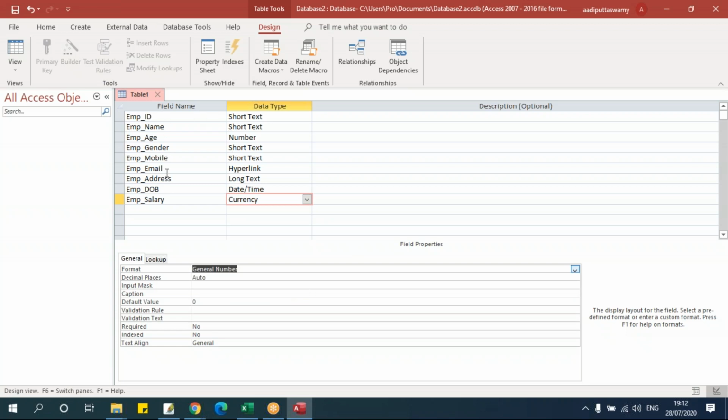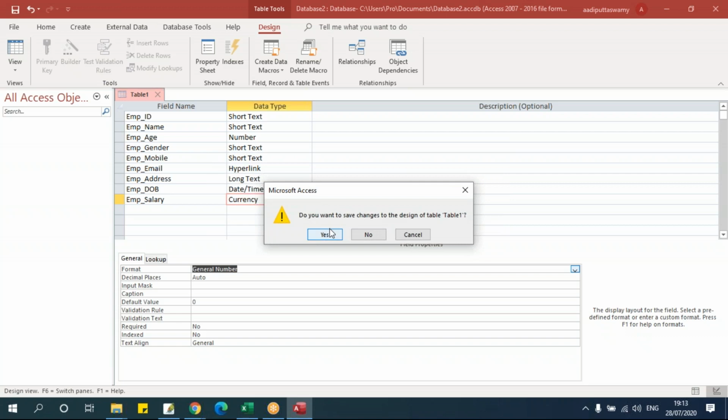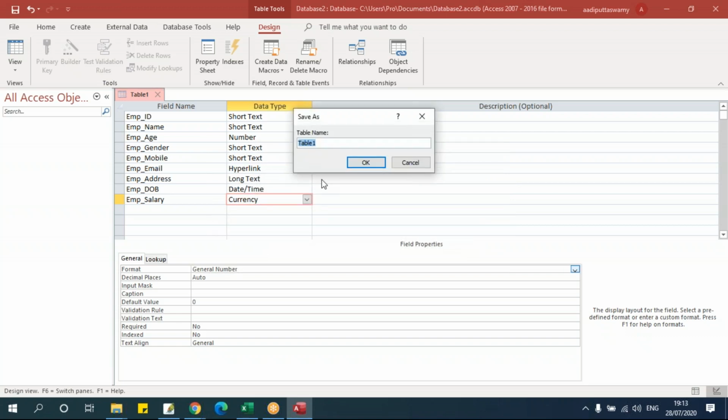Fine. So we have created the fields and we also adjusted the data type for each. This is how you actually have to plan the table. Not only here, in any software, you should plan the table, then the fields inside it, and the data type which you are trying to assign for these fields. Now the table is ready. I'll go here and close this. It asks to save changes. I'll say yes.